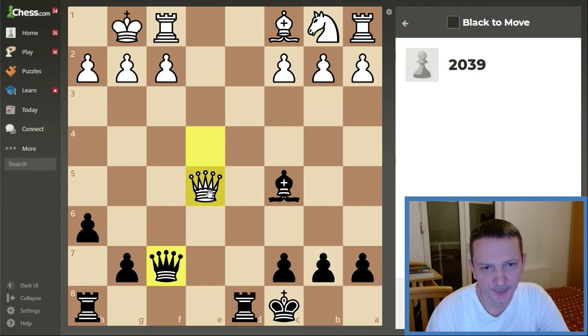Let's think again. What happens if I do this with... oh, even worse. Okay, but let me see. I still prefer this. Aha, and when the rook takes, the rook is in the pin, and I can force